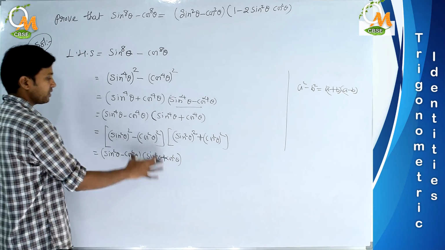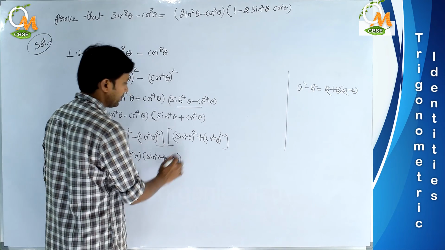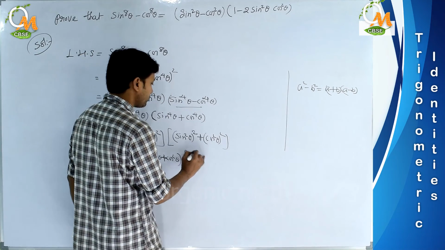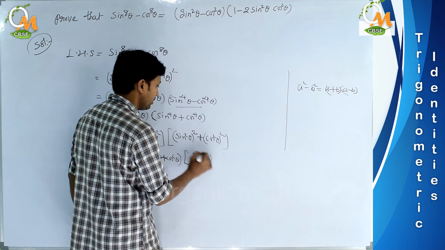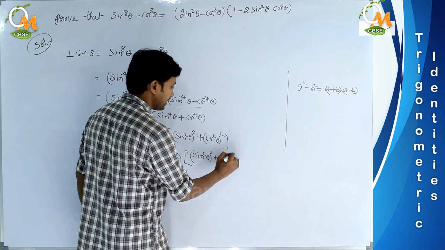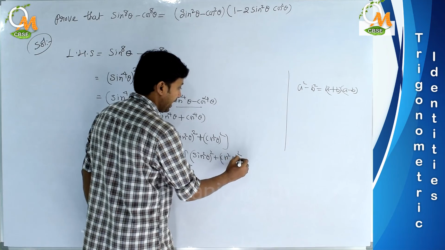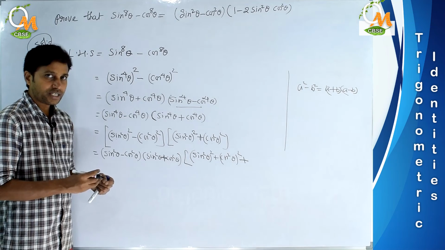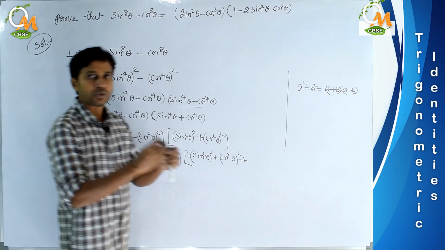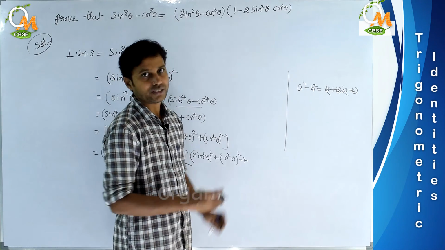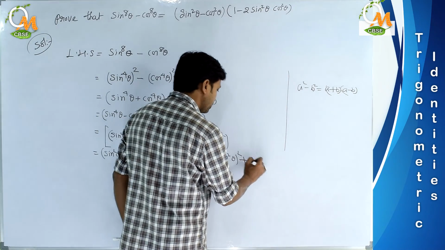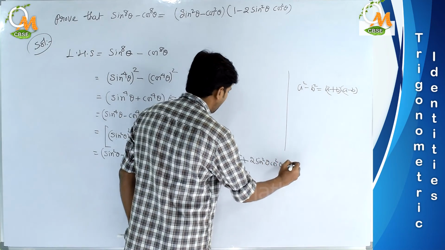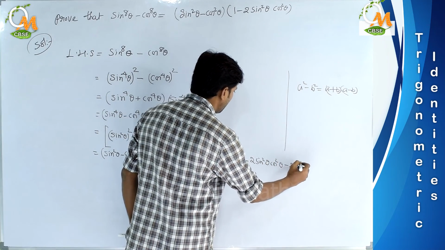Okay, now this part is written and expanded. Now coming to this part, let me do some adjustment. See this, sin square theta whole square plus cos square theta whole square, and here for my convenience I want to add 2 sin square theta cos square theta, and I want to subtract it because the value remains same.